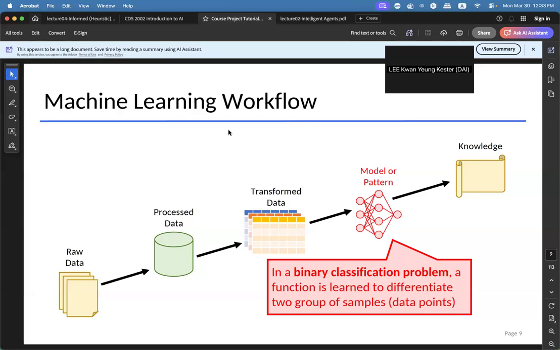In the CCC 8015, I believe you only have the experience of running predefined code to learn the machine learning model, right?